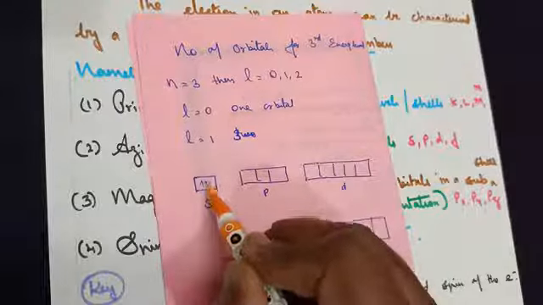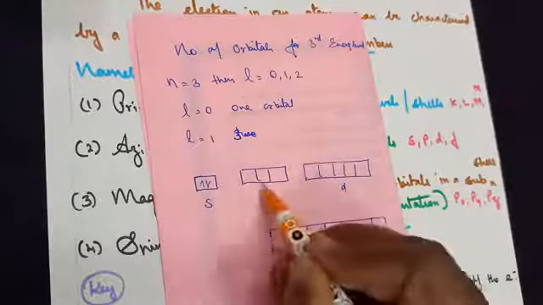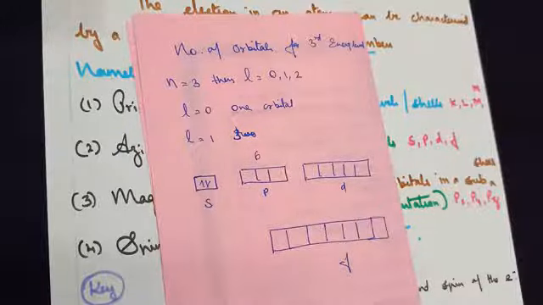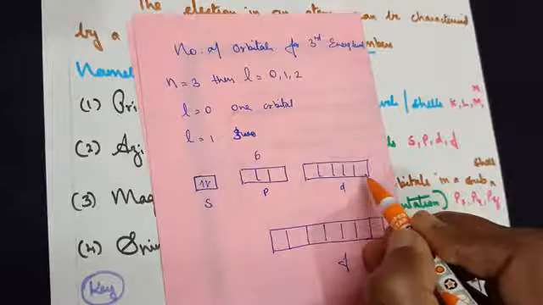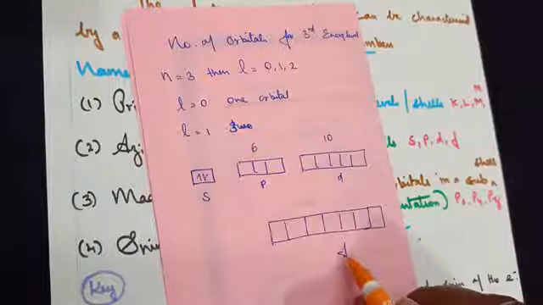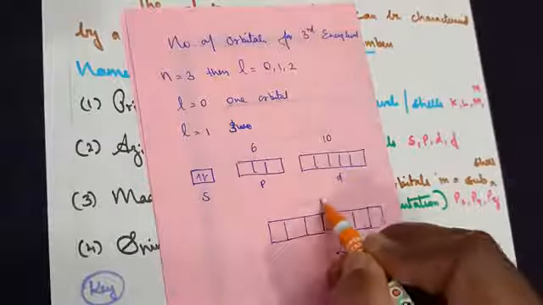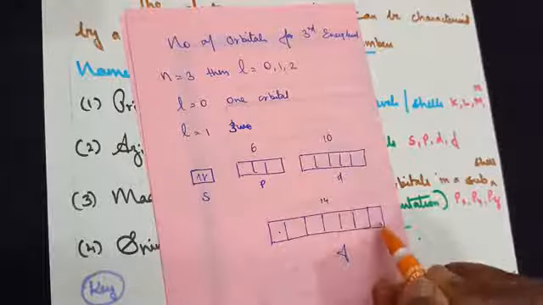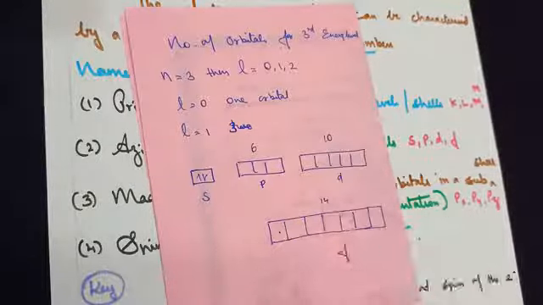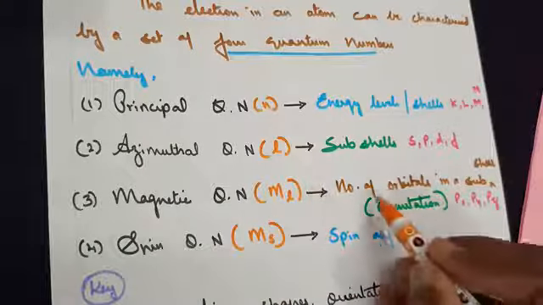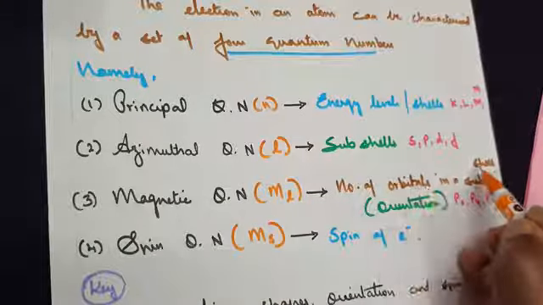Meaning one orbital can have 2 electrons. So 3 boxes, when we say how many electrons it can have, 6 electrons. D, 5 orbitals. So how many electrons it can have, 10 electrons. F has got 7 orbitals. So how many electrons? In one orbital you can have 2 electrons. So together 7 orbitals are there. 7 2s are 14. So magnetic quantum number stands for the number of orbitals in a subshell.